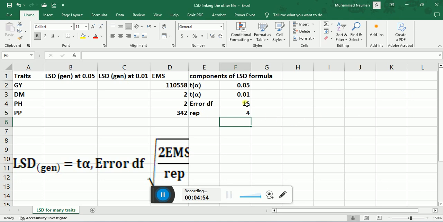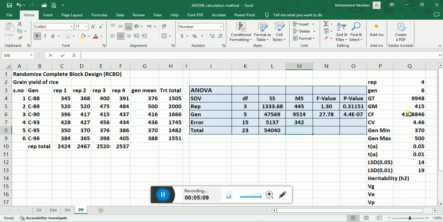These are already reference cells. For example, if I want the replication to be changed, I simply go to the ANOVA file and change this number. For example, I change this number to 10. Type 10 and press enter, and go to the LSD file where you linked that cell reference.